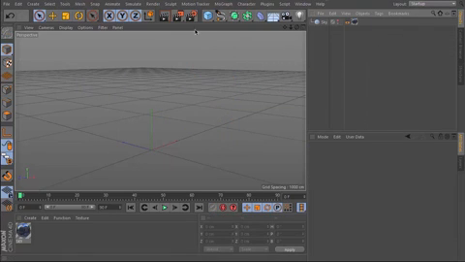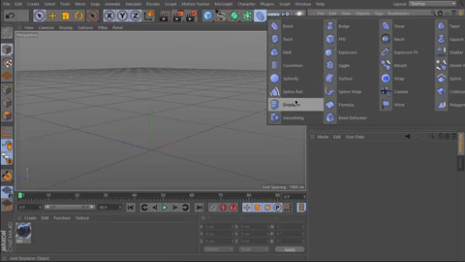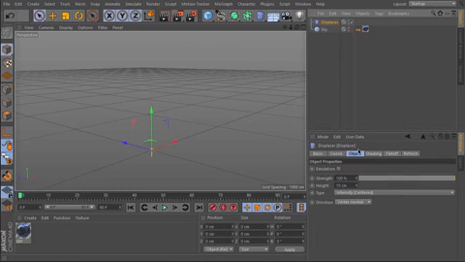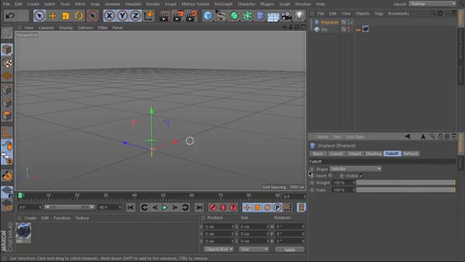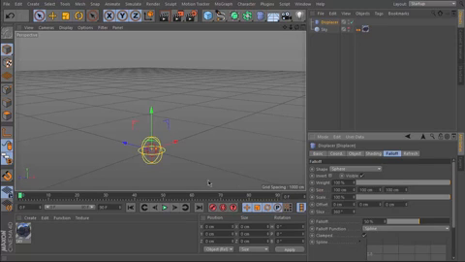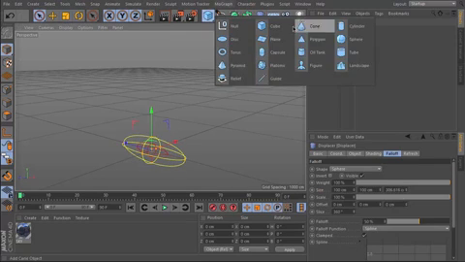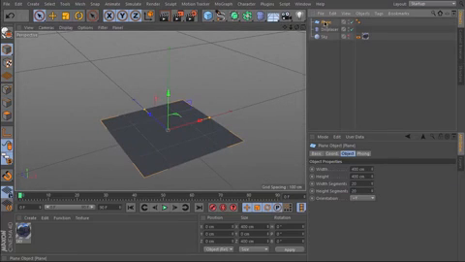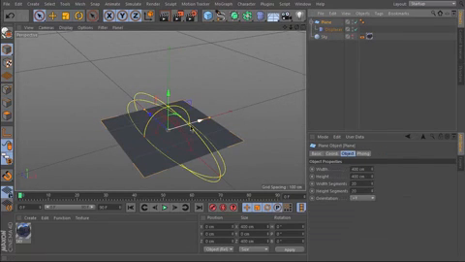Okay, let's see what else do we get. Deformers. Some stuff happened in the deformers, and you might know that the displacer deformer, for example, always had this fall off tab here, where you can define in which area the deformer was activated. Let's take a spherical fall off, and if you have a plane, for example, and you put the displacer into the plane,